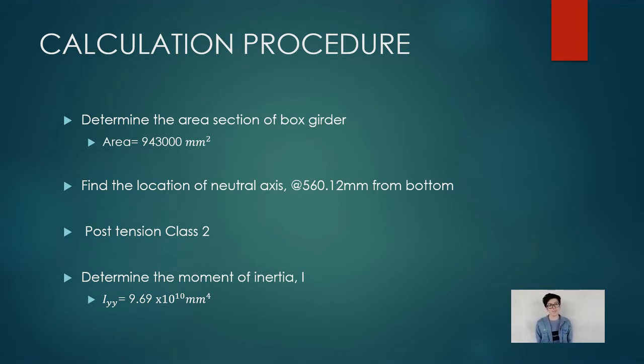So we get 943,000 mm squared. Next we are going to find the location of the neutral axis. It is 560.12 mm from the bottom. In our case, we are going to use post-tension class 2. Next, we determine the moment of inertia Iyy, and we get 9.69 times 10 to the power of 10